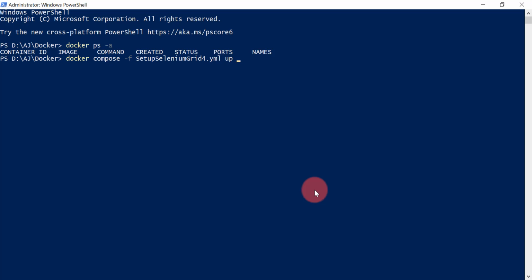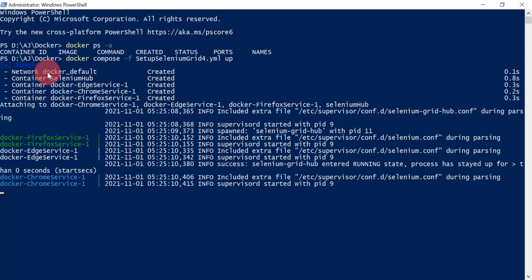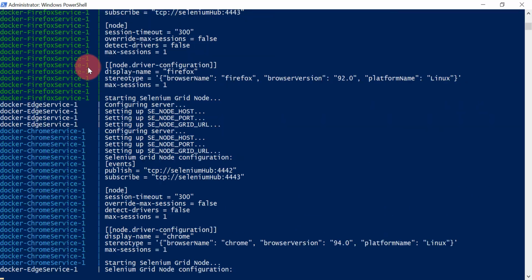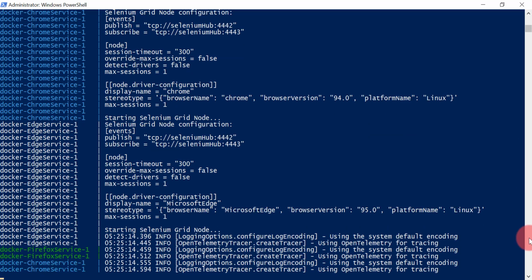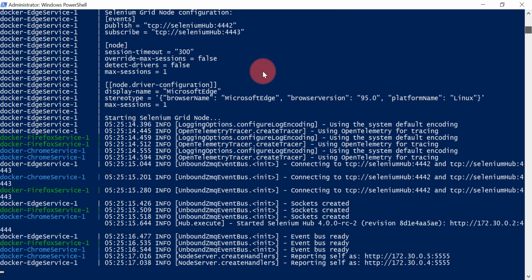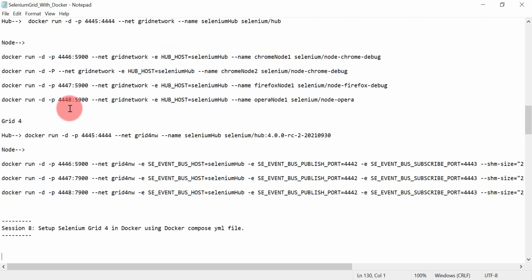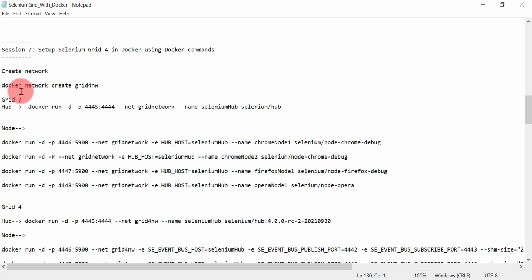Okay, so let's run this without detach mode. Here I am not using -d, so let's see the logs and everything here. As a first step it will create a default network, and inside that network all these services will be created. So we don't need to create the network ourselves. In the previous session we created the network first, and then we started our containers, right? docker network create.